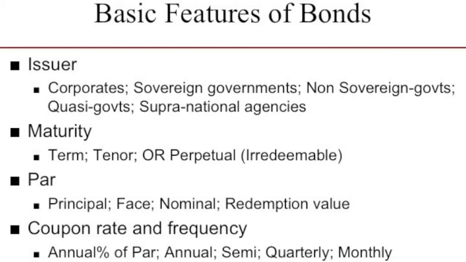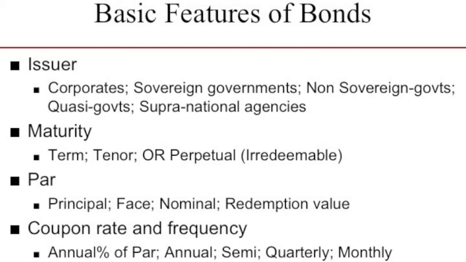Usually, bonds will also make a reference in their name, their title, to a coupon rate. This is usually an annual percentage of the par value. Exactly the frequency of the payment, it could be annual when all of the coupon is paid at once. So it might be, for example, that you own a 6% coupon bond, and let's conveniently assume you happen to own exactly $100, in which case your annual coupon is $6. If it was semi-annual, the idea is it's split in two, and it might be that you receive $3 on the 7th of March, and then the other $3 on the 7th of September, approximately 6 months later.